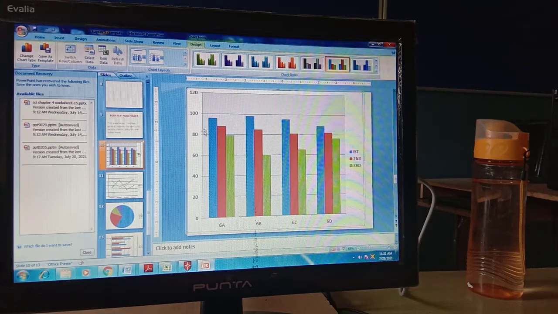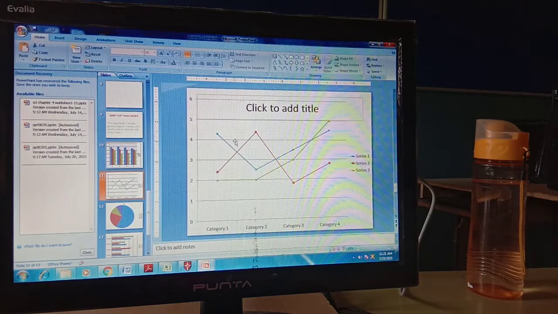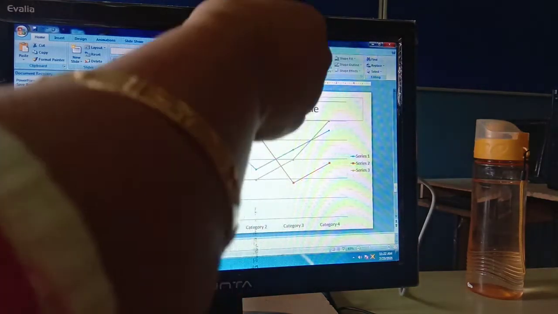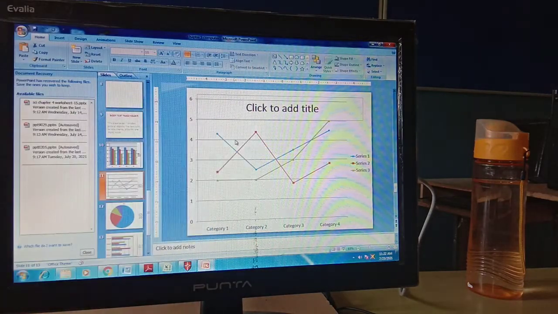Also let me show you other charts. This is your line chart. Have you watched a cricket match? In a cricket match, how many balls are there and how many runs are going on, these type of things are represented by the line chart. It depends on the data which type of chart you are using. The growth of their balls and runs is shown with the help of a line chart.